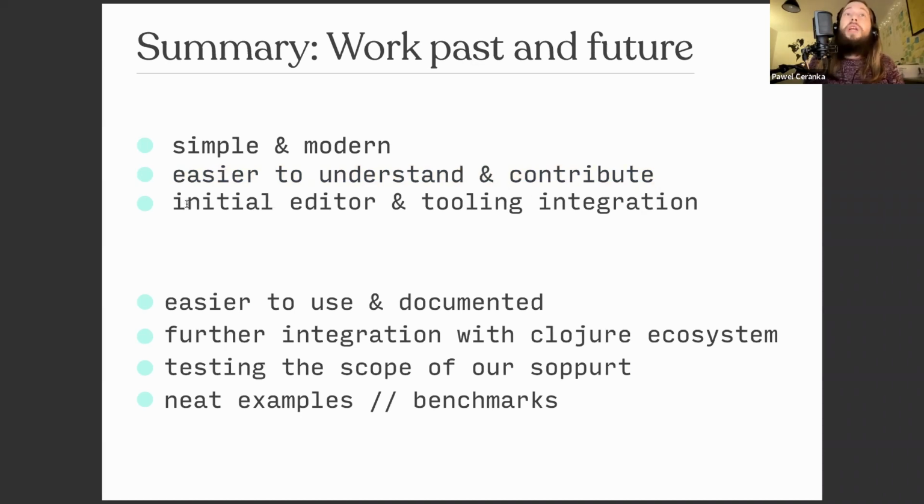What I've shown here was the initial editor and tooling integration, which makes it possible to actually enjoy using it and have as close of a match to a normal Clojure workflow as you could have.